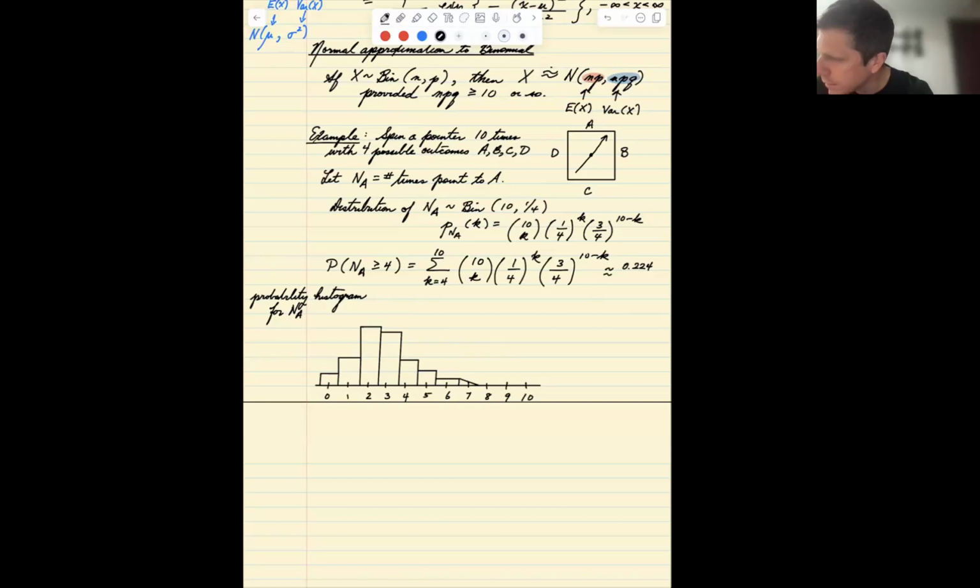So the probabilities become very, very small as we get close to 10. And what we're interested in is the probability that n sub a is bigger than or equal to 4, which is the sum of all these probability masses. Now, what I should point out is that we're putting a rectangle